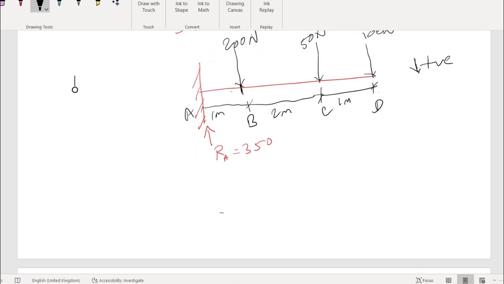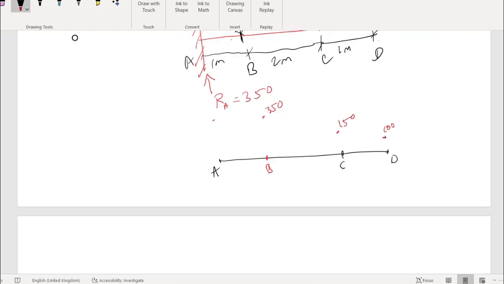So I put this axis here from D to A. I put the axis like this, and I'm going to draw on top because it's positive. It's a point load, so it should be a straight line. It's a straight line starting from 100. This is the way you do it. It stays at 100, only at this point it is increasing to 150, and then this is going until this point, which is 350, a straight horizontal line.